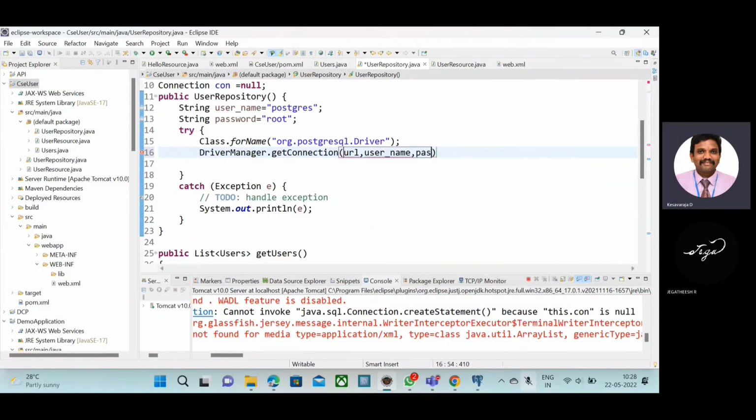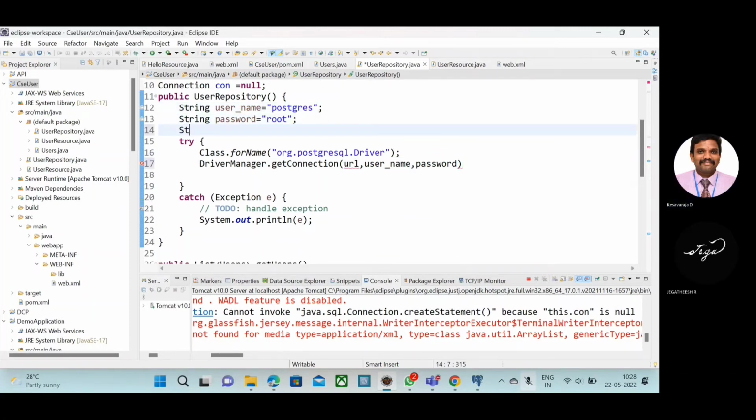I won't specify the URL at the top. Username, comma password. Otherwise, directly you can specify the URL in